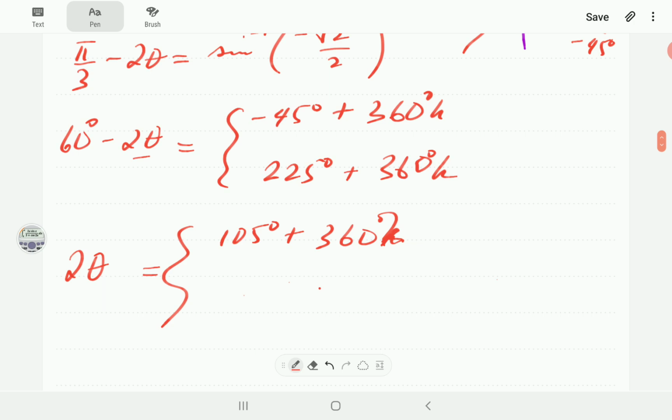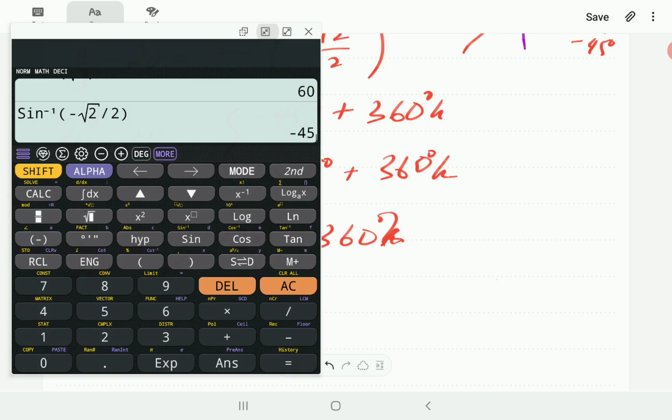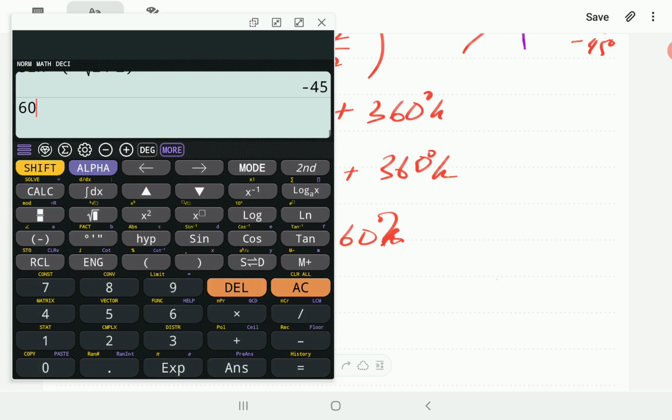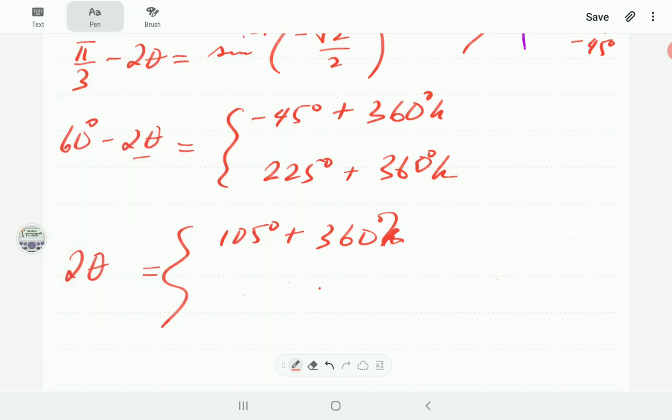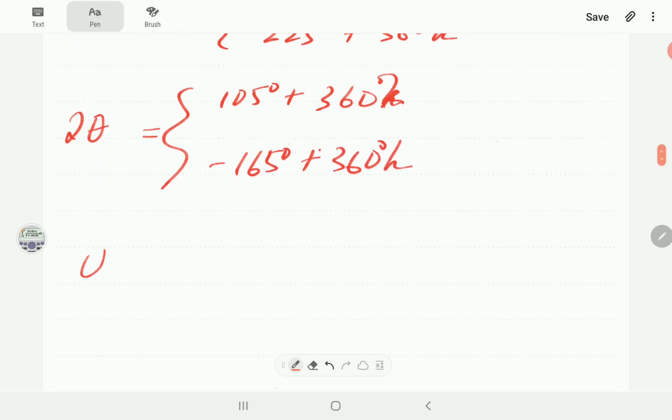Then the other one is going to be 60 minus 225, so it's going to be negative 165 plus 360k. Then finally theta is going to be 105 over 2